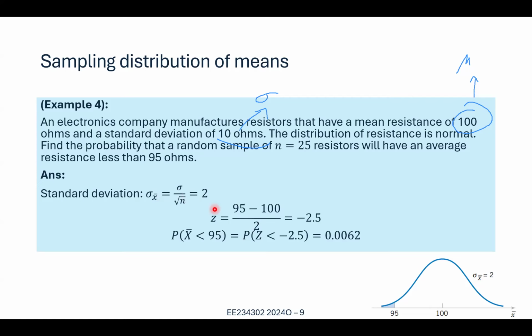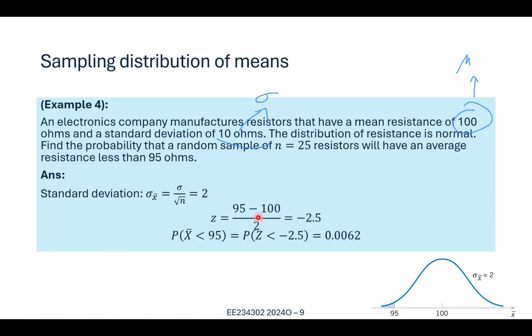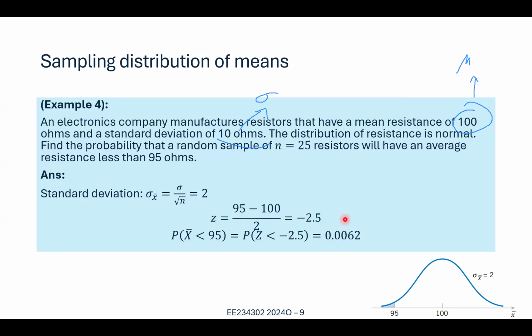Here you have sigma, x bar here equals 2, and this z is obtained by this. So this is the mean, 95, and this is the population mean, 100, and this is sigma over square root of n, which is 2. So just solve this. Z is minus 2.5, and we solve for x bar less than 95, which means we solve for z less than minus 2.5,